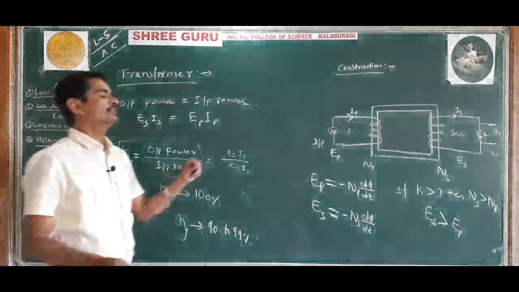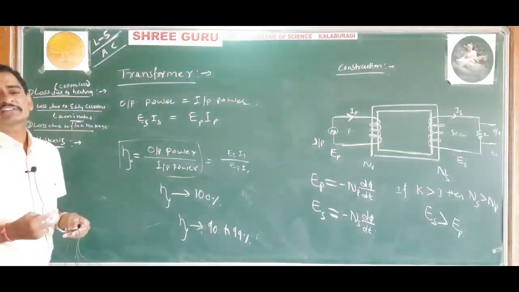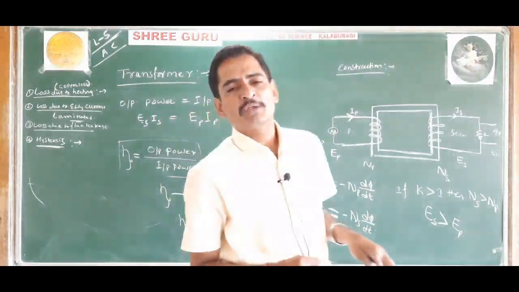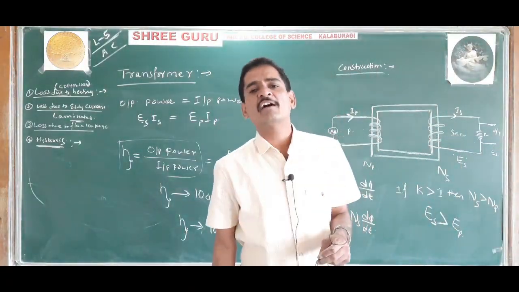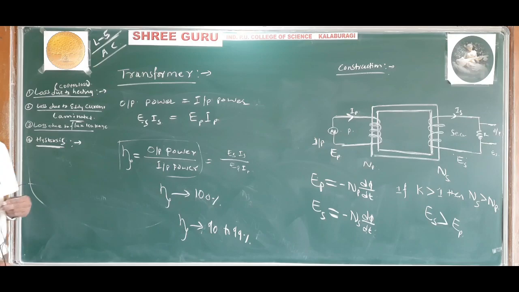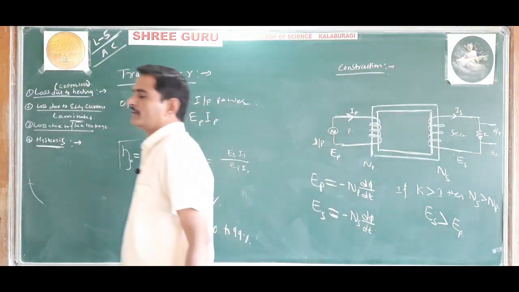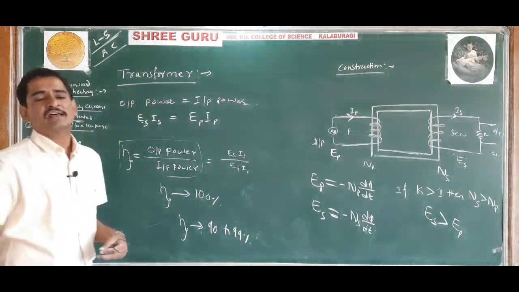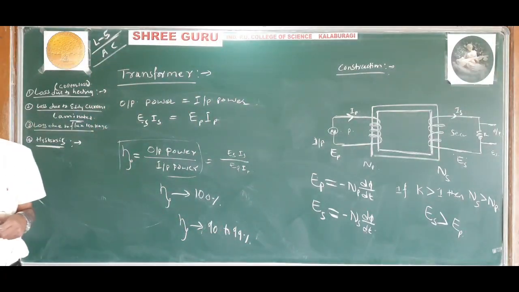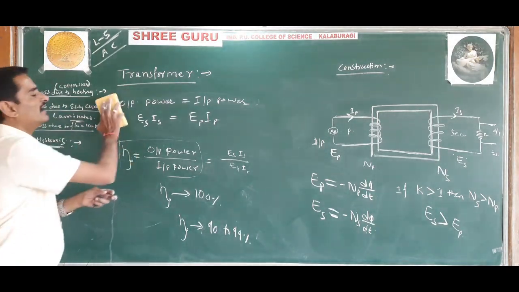be minimized by using a core material which has a very small hysteresis curve. A material which has a very small hysteresis curve is used to make the core of the transformer. Generally, the core of the transformer is made of soft iron. Why is soft iron used? Because soft iron has a very small area of hysteresis loop. We know that the area of the hysteresis loop indicates the energy loss. Understood? So these are all the losses of energy in a transformer.